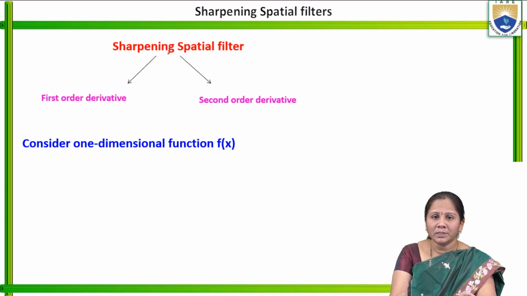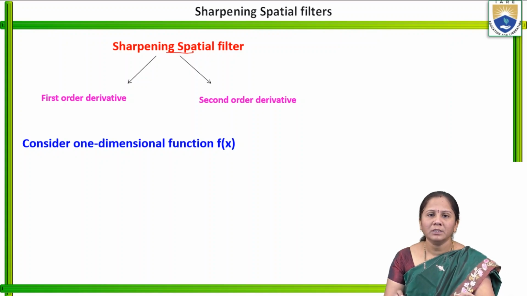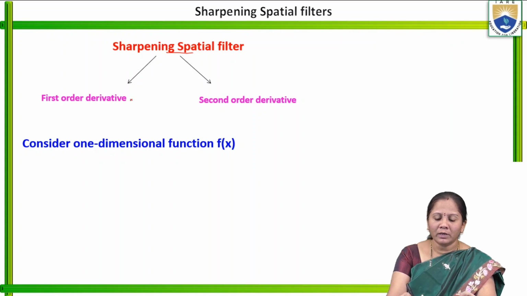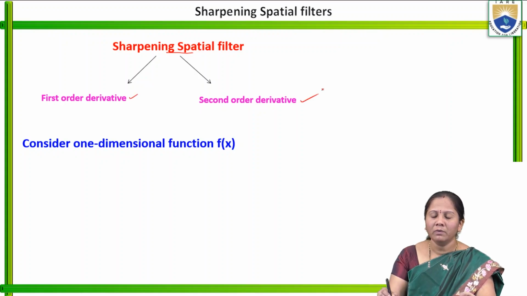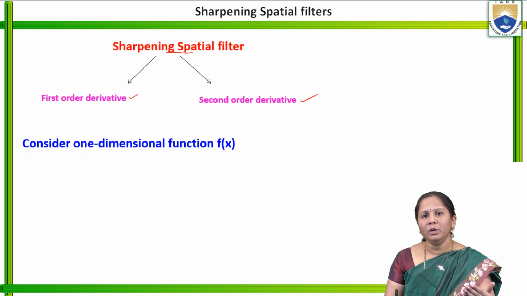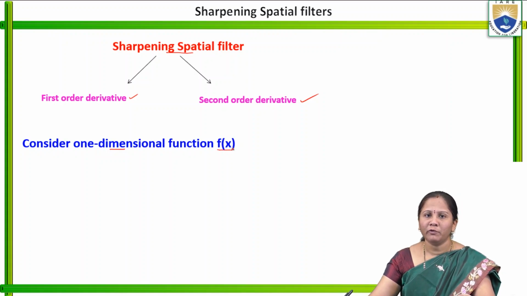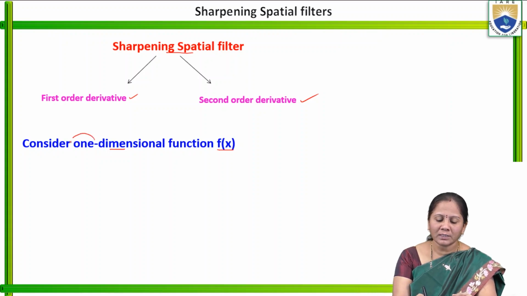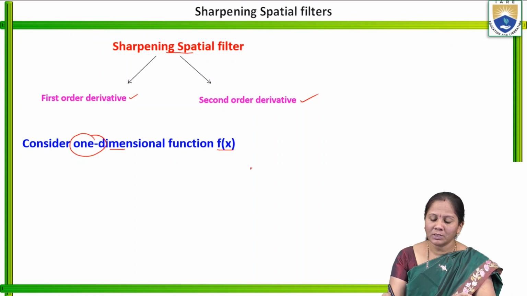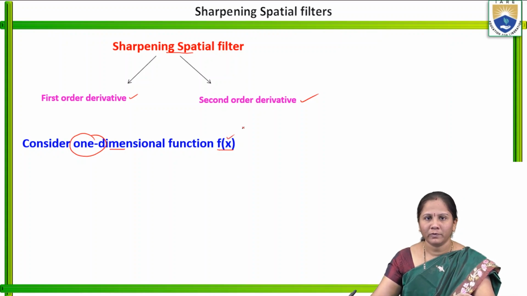In this session, we are going to learn about the sharpening spatial filter in detail. We need to learn about the first order derivative and second order derivative, and we are going to apply these on one-dimensional images and two-dimensional images. Now, let us consider initially a one-dimensional image, which is represented as the function f of x. How can we say that it is a one-dimensional image? Because there is one variable, that is f of x. x is the variable here.